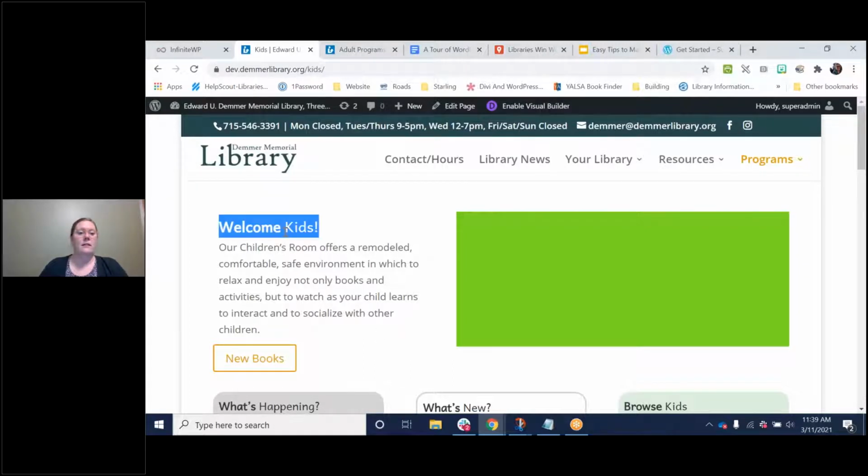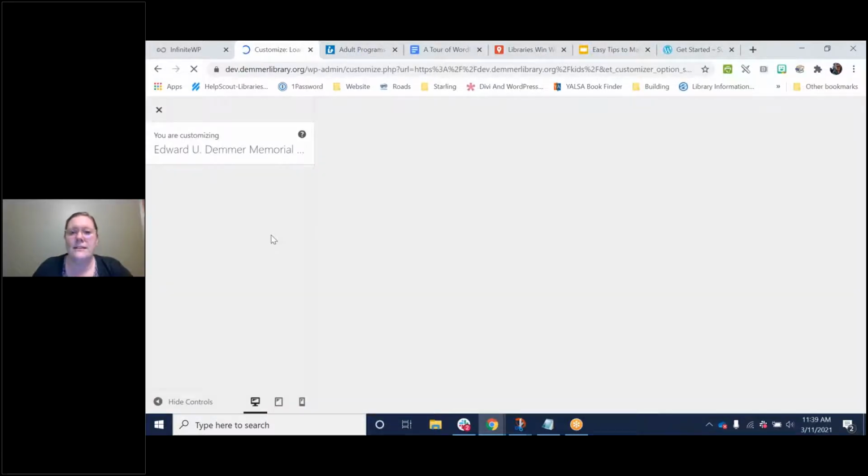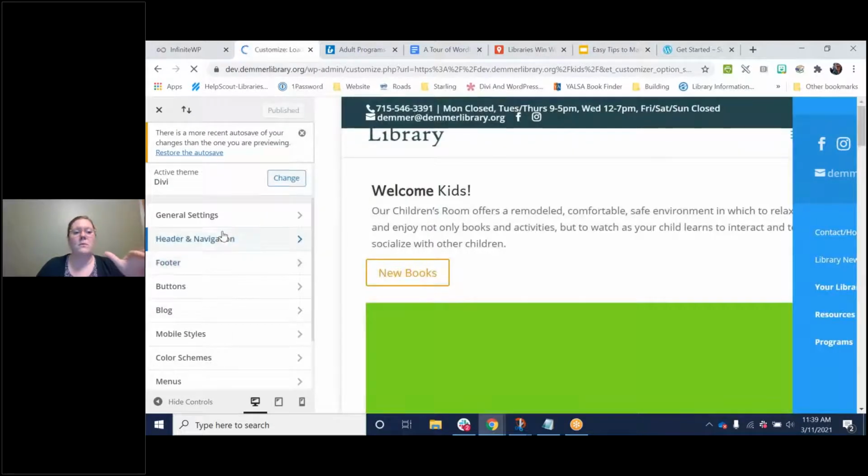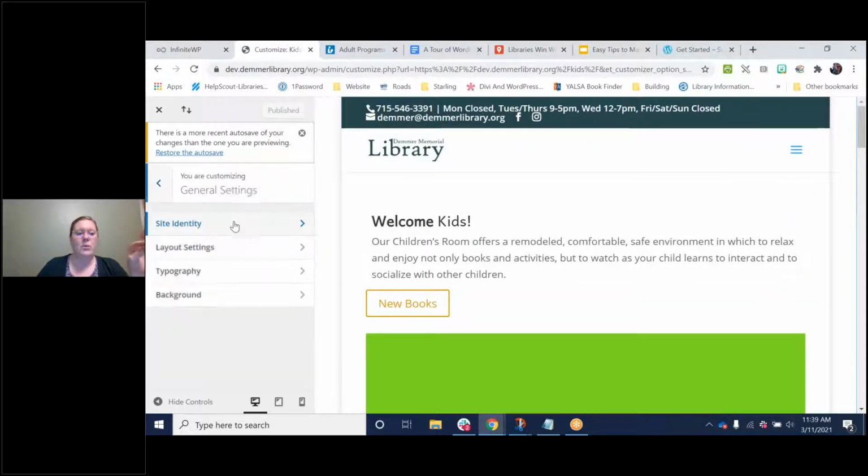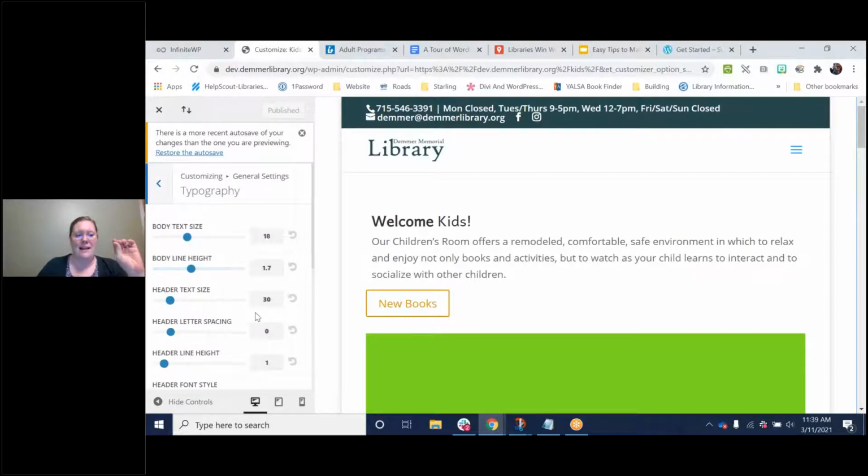This title header is set to, I want to say, size 30, and it's a little bit more bold, so it naturally differentiates between the sections. Now, when I'm on my phone, I don't want to have small text. My phone is already small in my hand. I want it to have larger text so it's easier to read. And you can play with those settings in your theme customizer or appearances tab. No matter where you need to click to get there, it's important to play with your typography settings. So the body text size is set to 18, the header text is 30.